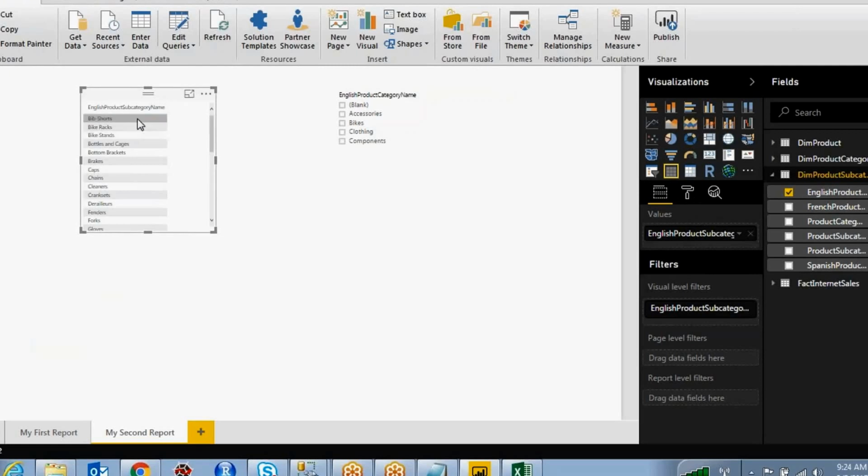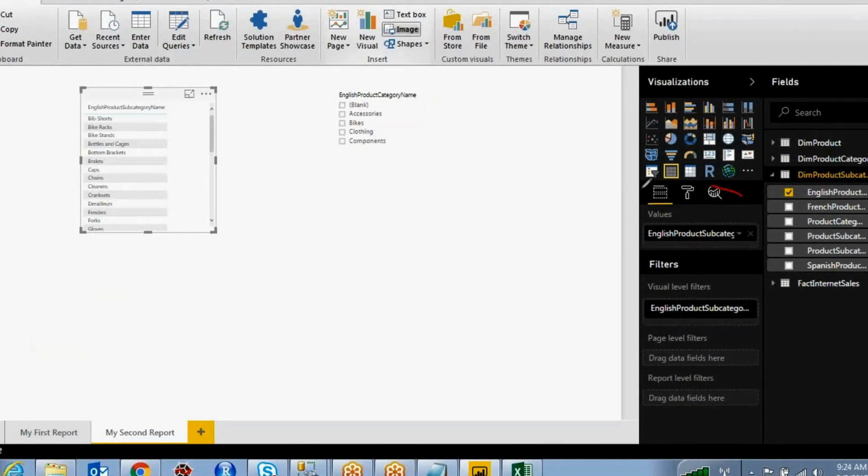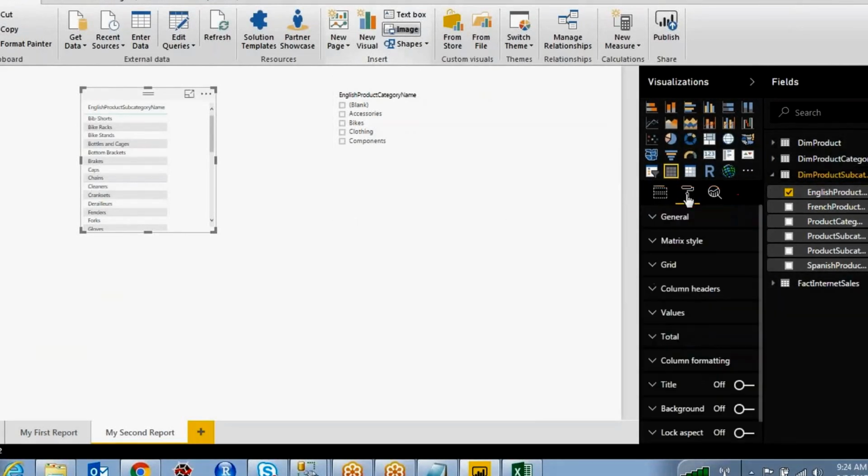I want to make it bigger. If you want to make it bigger, every option you have to change over here. Just go to the second one.